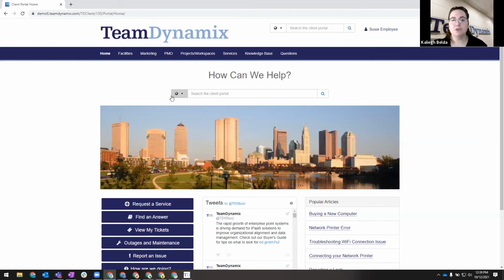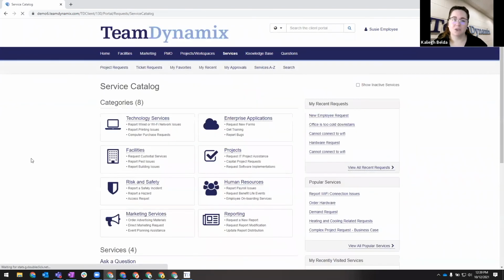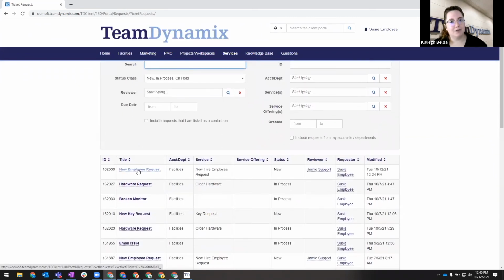Being able to search across the entire portal to find either the self-help information I need or to submit the services. Being able to have direct landing pages where I'm able to look at specific departmental information and get navigated to those areas. And then also being able to have a unified service catalog to really help reinforce that one-stop shop mentality, where your end users go to one place to not only submit all of their requests or their issues, but being able to check the status of those,